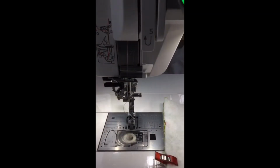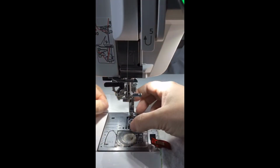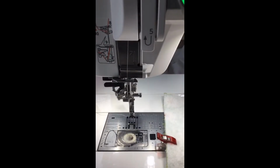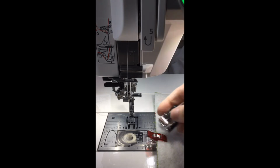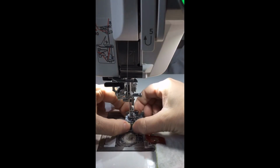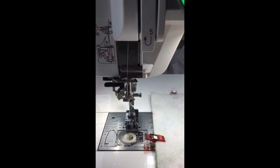Okay, so I've got everything clipped here and I'm going to move this clip over here to the side, and then my opening is going to be right here on my lining. So I'm going to do the top first. So we'll flip here and I'm going to change the feet. So I'm going to go to a 1/4 inch foot with the guide on there because I'm using thicker fabric. So the guide is going to be really handy to